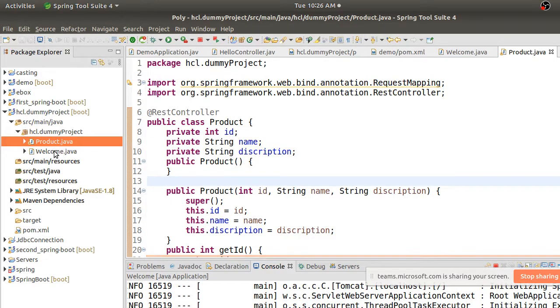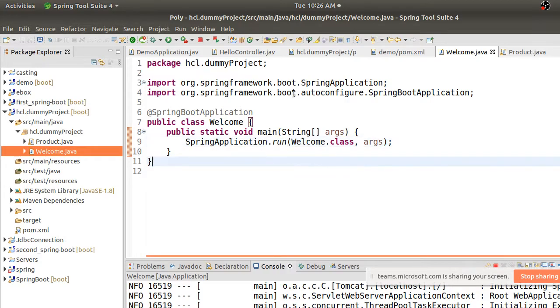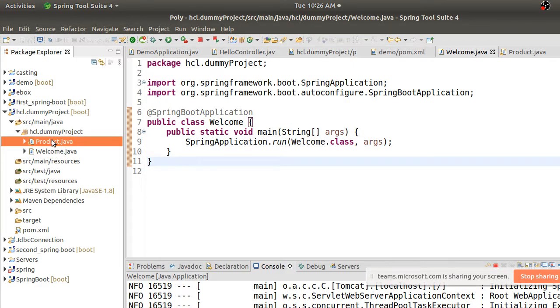Okay, so I'll keep this Welcome.java as it is. I will not make any changes to this. And now what do we need? We need separate classes, right? We need a controller now. I have a POJO now. Now I need a controller, and I also need a service class where I will write the static data and pull that data from the service, right? So my work is to develop the other two normal classes and annotate them in such a way that they are autowired, and whenever I run this application, those dependencies are also added. Okay, so that is the agenda.